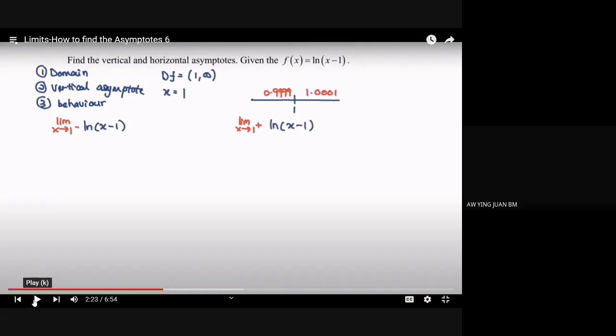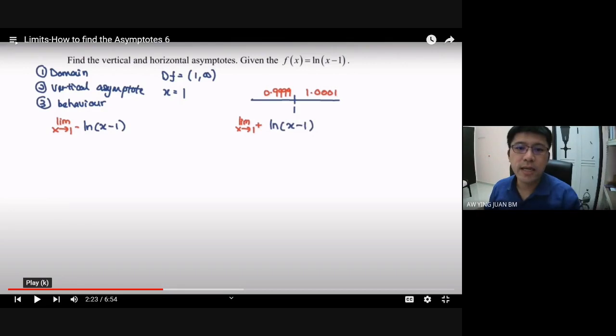So kalau you nampak, saya sentiasa ulang iaitu number line ini, kemudian saya tulis from the left, from the right untuk setiap satu situasi iaitu nombor yang kita fokus itu. Kemudian saya menyalin sahaja. Kalau left, kita tulis left. Kalau right, kita tulis right. Okay, asingkan dia, make sure kita clear.